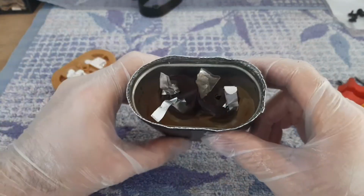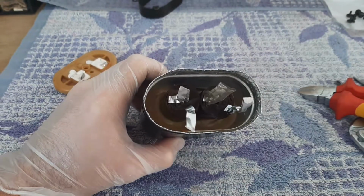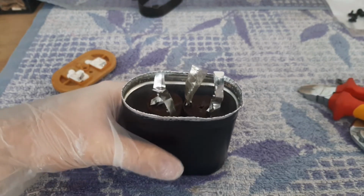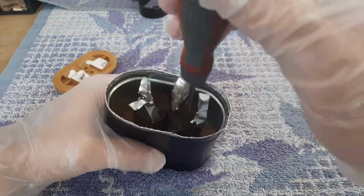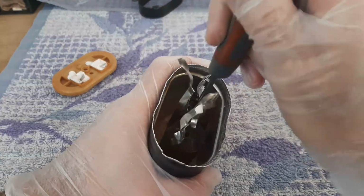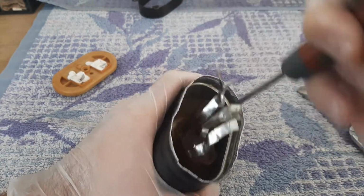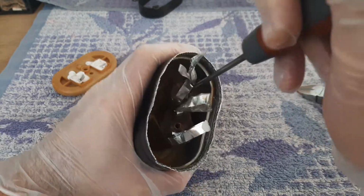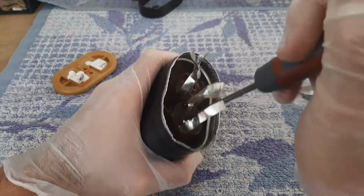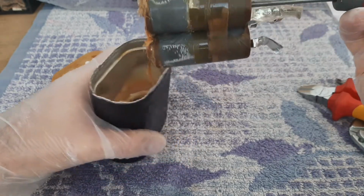On the bottom there, or on the top, on the bottom according with the position now, it's some wax which is keeping in position the capacitors. So now we have to take out the capacitors. For this I will take the screwdriver. Inside here it's a hole, and now I'm just turning like that. You see inside it's some electrolyte. Are not completely dry, so I'm turning like that, and the wax, it will become slack. Okay, so this is how it looks,